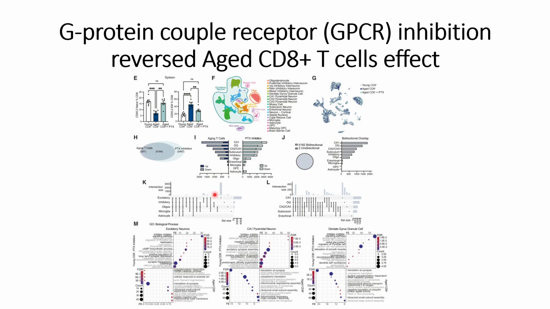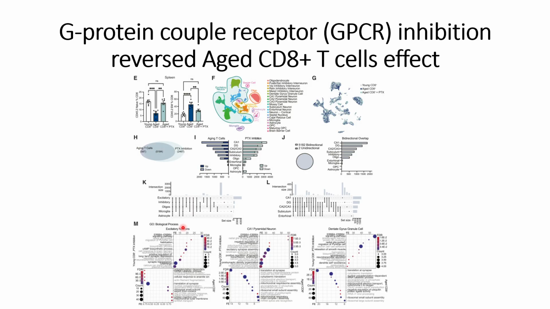Afterwards, they used the upset plot to find out where these changes occur, and they were able to see that most of these changes belong to individual cell populations, either in the excitatory or in the CA1. And thereafter, they did the gene ontology analysis to find out which pathways are changed in